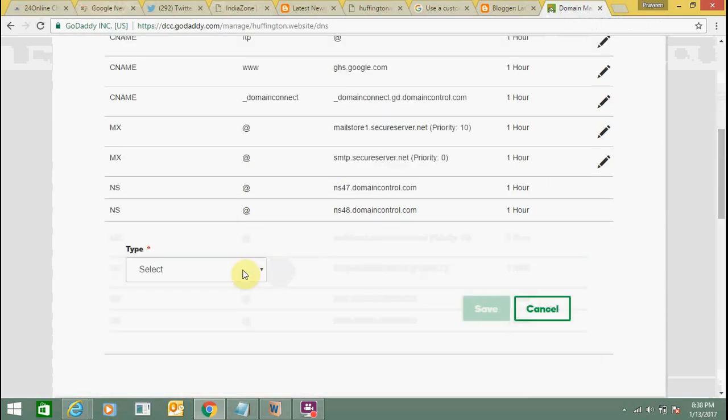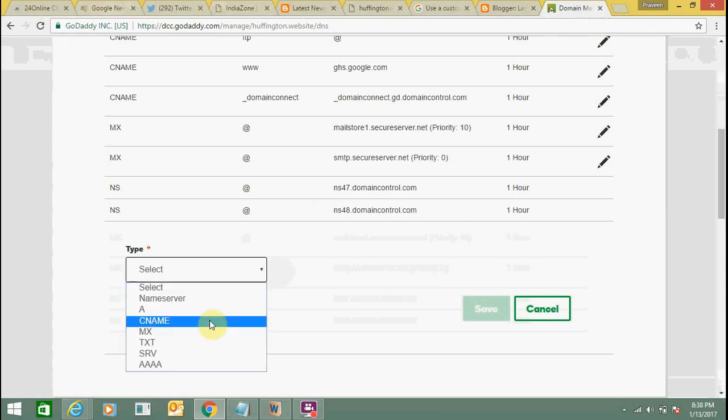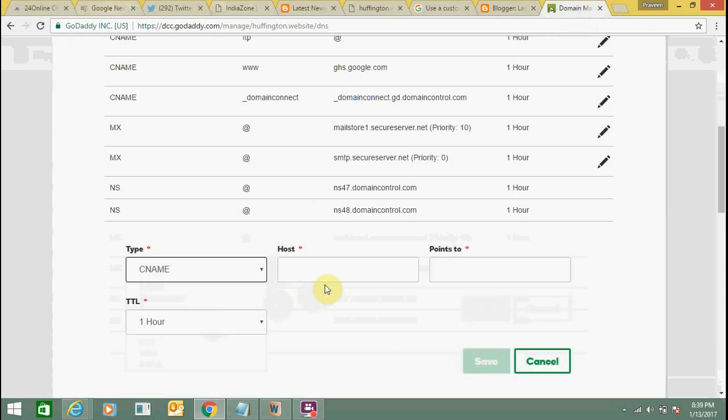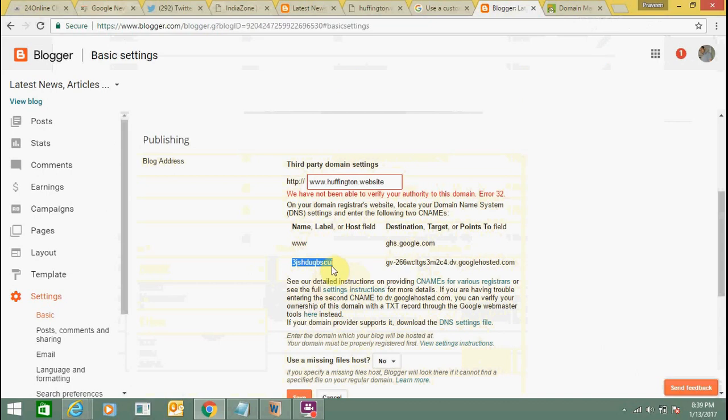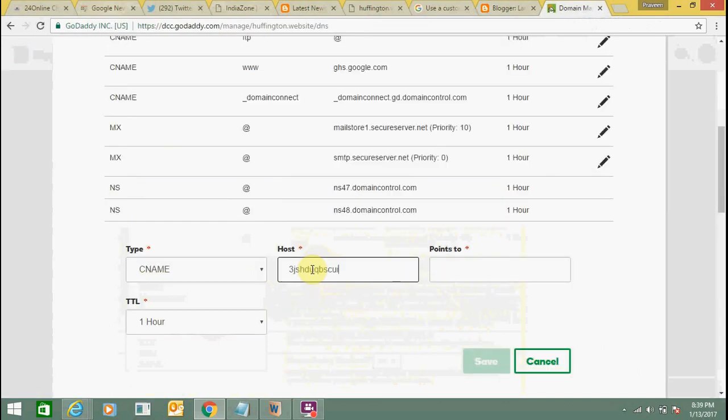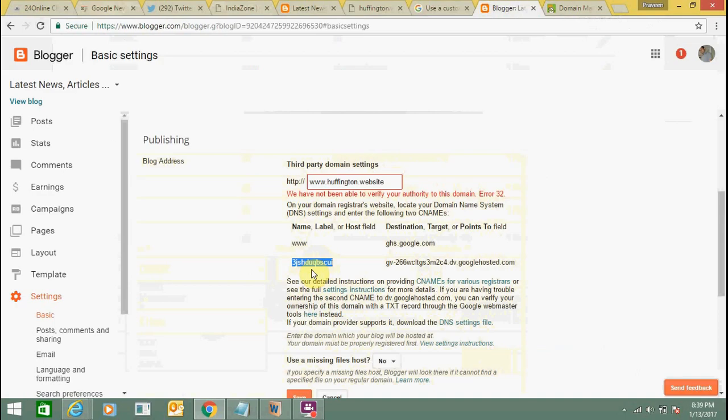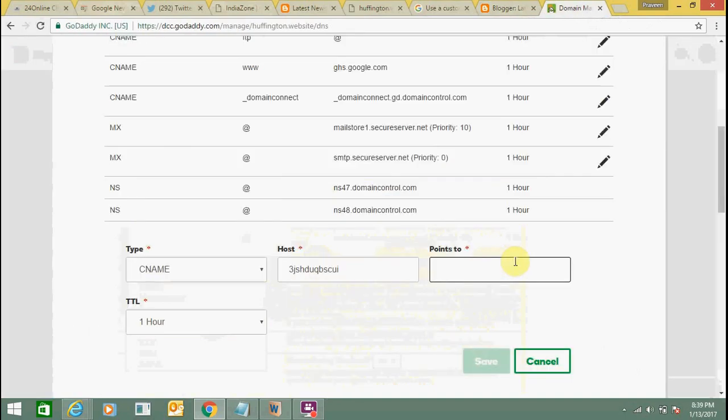Click here and click on type. Click on CNAME. Now host is this thing, and point to is this thing. It's very simple.